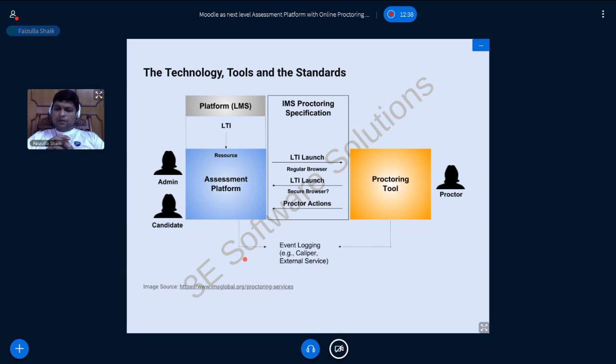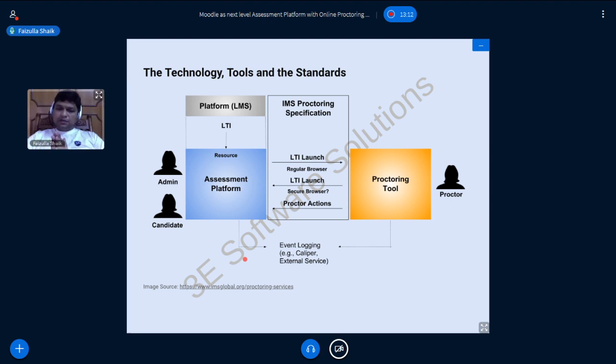The only gap that you want to bridge here is, if you handle these two things separately, you require the learners to leave the LMS environment and go to the proctoring tool, finish their assessments, and then get the certification. They may need to come back to the LMS to continue from where they left off. So this is the precise limitation.